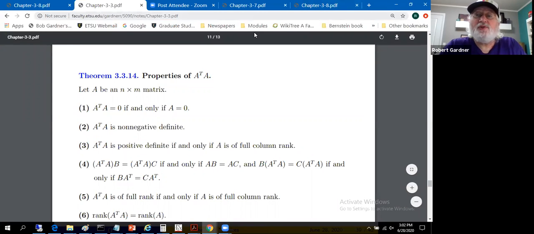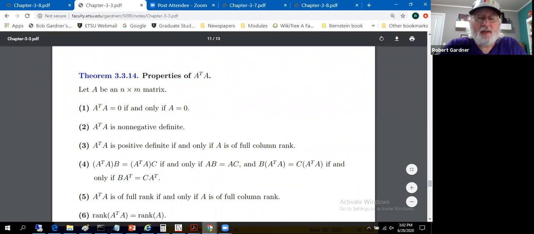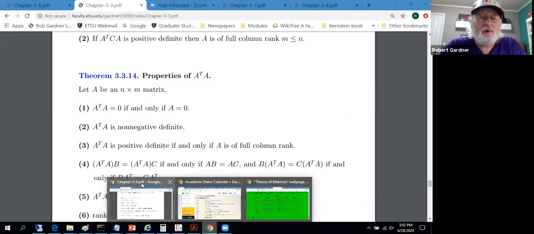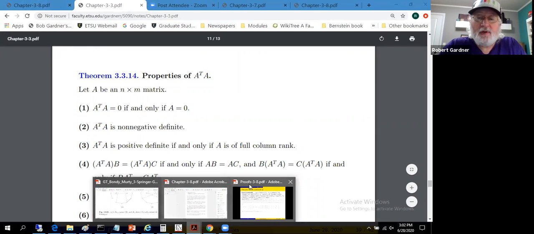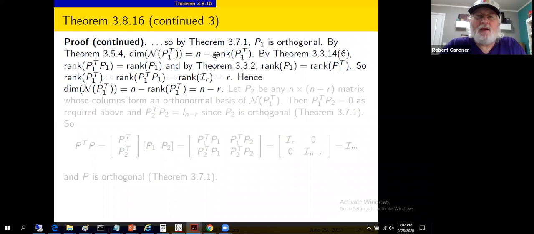I do not have section 3.5 pulled up, so let me not waste time fishing for it. Back to where we were, there you are. But this is the rank nullity equation. Nullity equals number of columns minus rank, or better yet, rank plus nullity equals the number of columns. This is the rank nullity equation applied to the matrix P sub 1 transpose. Okay,